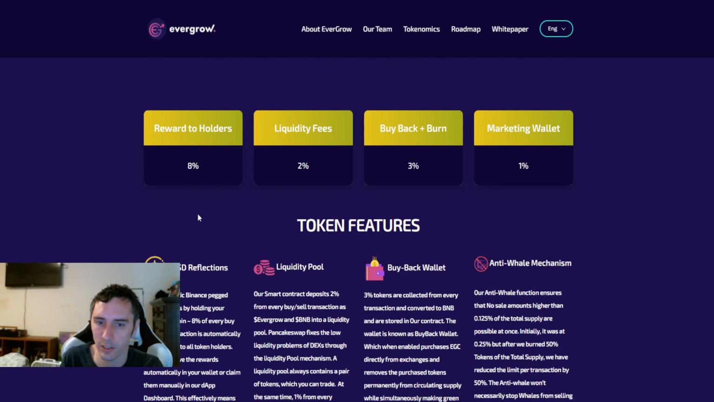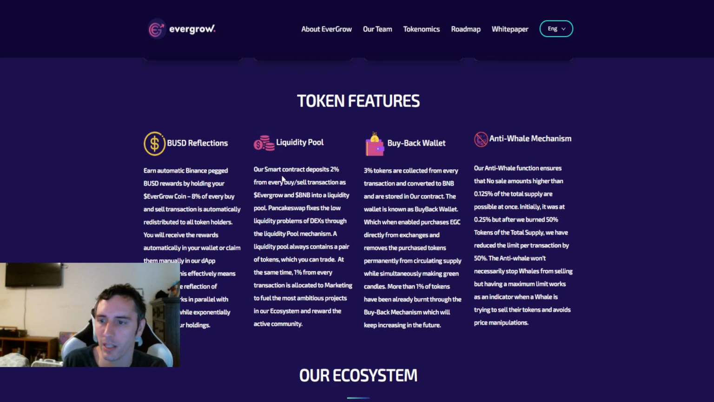So here's how it actually works. That transaction fee I was talking about, the 14%, it's distributed amongst 8% for rewards to holders, 2% liquidity fee, 3% buyback and burn, and 1% for the marketing. So you got 8, 10, 13, 14 total, right? So just to go ahead and describe through each of these, I do think this is something that's important to highlight. The BUSD reflections,